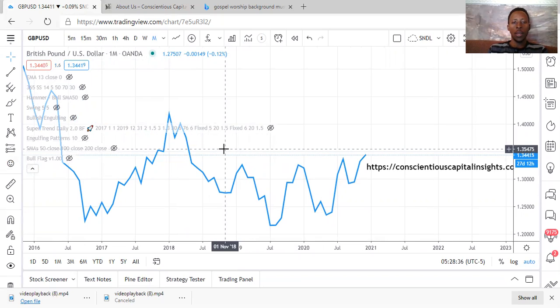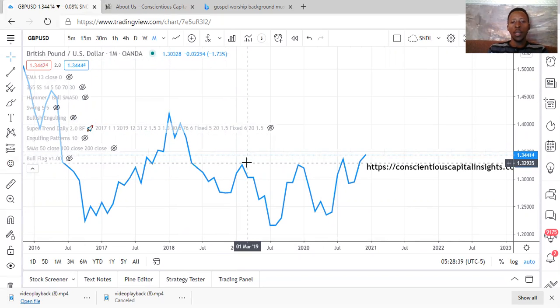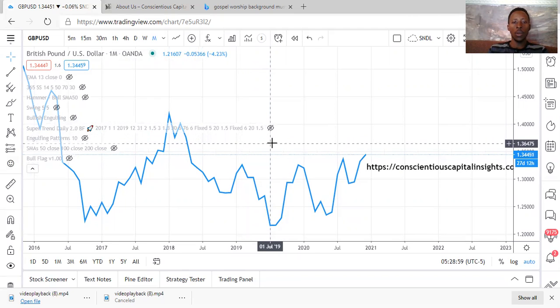Because in the daily time frame, as you saw earlier on, price has already gone far above any of the previous highs. So we need to check the monthly time frame to see where next our price will be heading. So looking at this candle, this line chart, sorry,